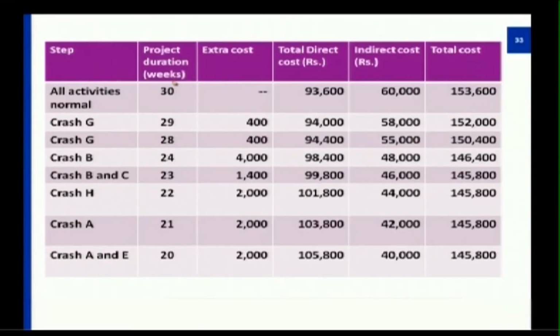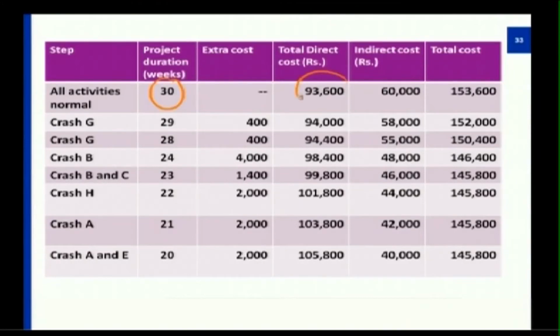So from this particular table we get a clear understanding that given a specific project, the project will be complete in 30 weeks with a total direct cost of 93,600 as specified by the designer and with an indirect cost of 96,600, but with a mention to the customer it will be to a total value of